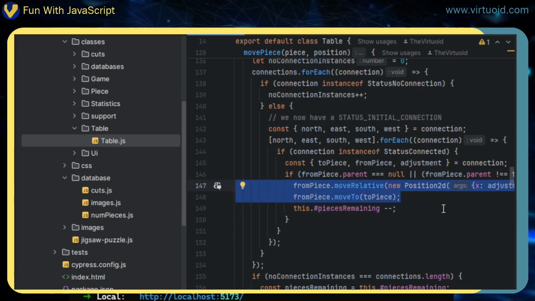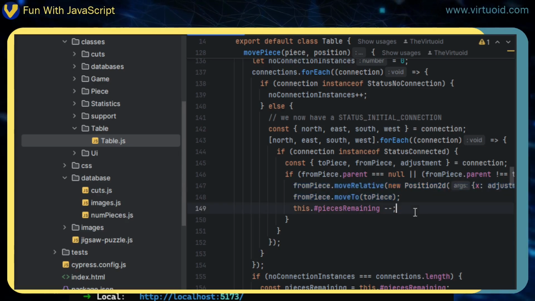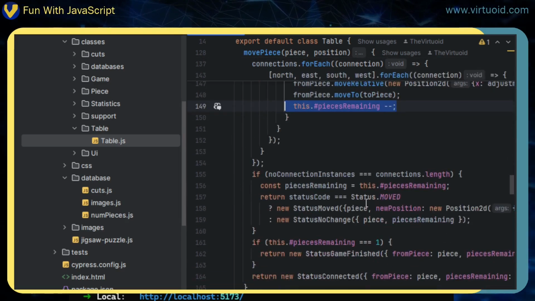Because remember, we have a tolerance of 3 pixels. So what if our piece comes within 2 pixels? Well, we just can't have it as 2 pixels. So we got to move the from piece to adjust itself automatically to make it line up correctly with the piece that we're connecting to. And then, of course, we're subtracting a piece. And then finally,